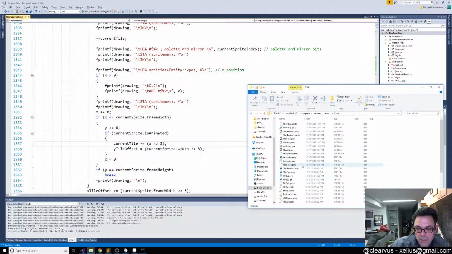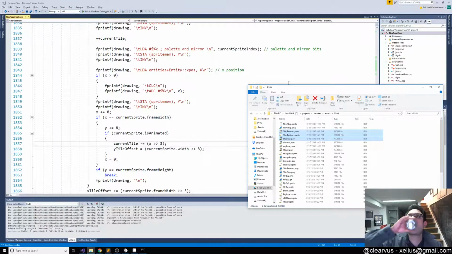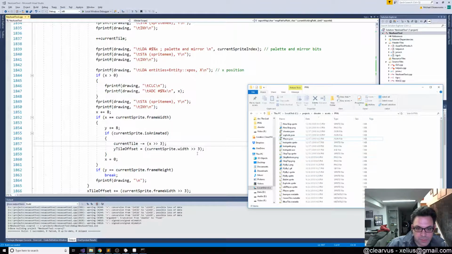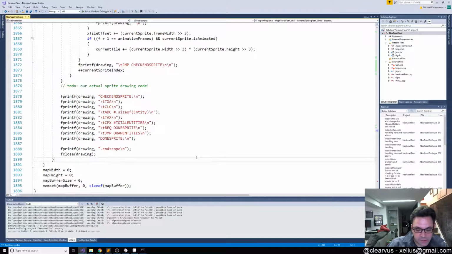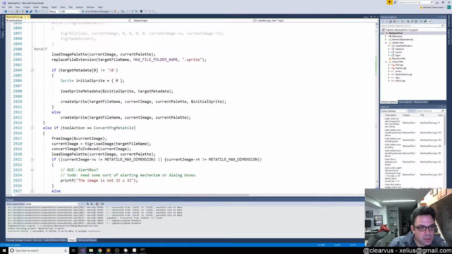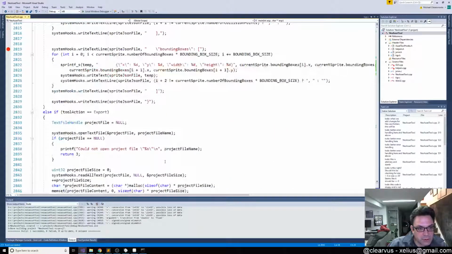So now we have the situation where we don't need these ship bottom and top anymore. And then, okay. The other thing we don't have correct is when we do our export,